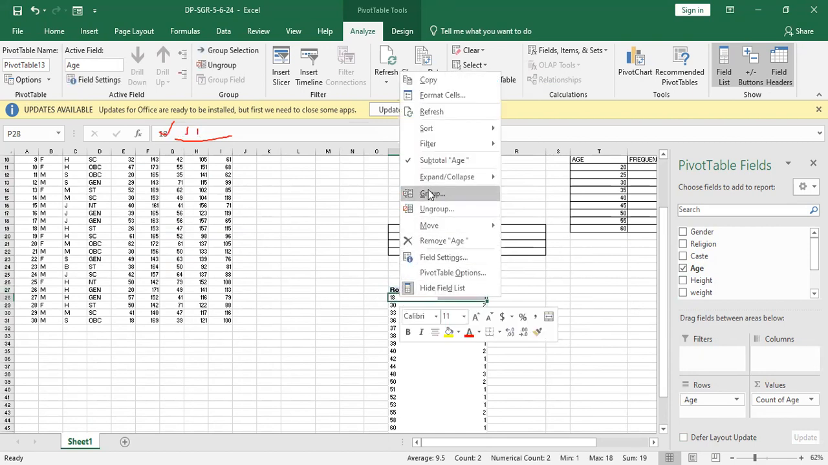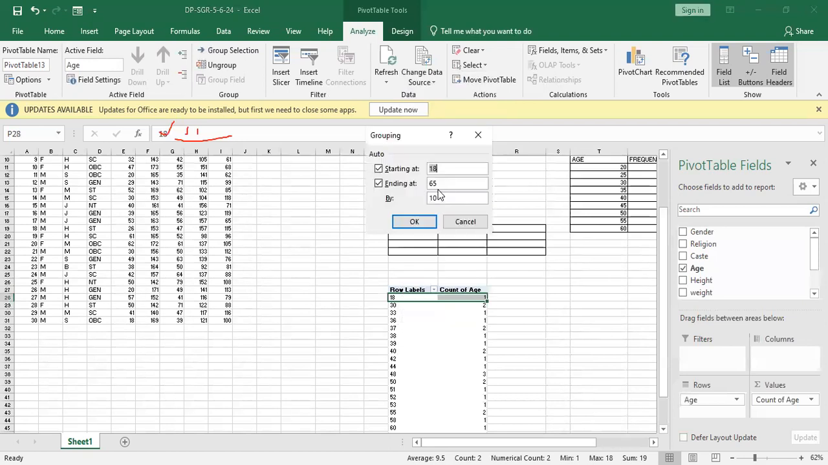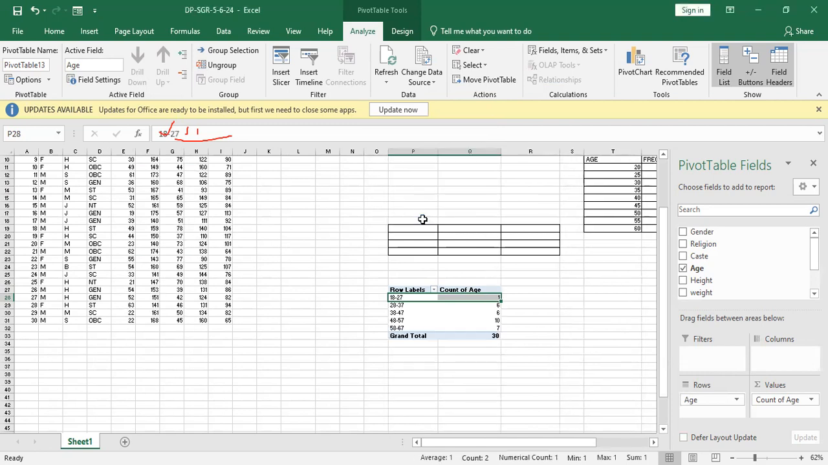Here we can see the grouping. Here the difference between the two groups is 10. So here I will select OK, and here I get 18 to 27, and like this way the differentiation. Again I can select this data and make